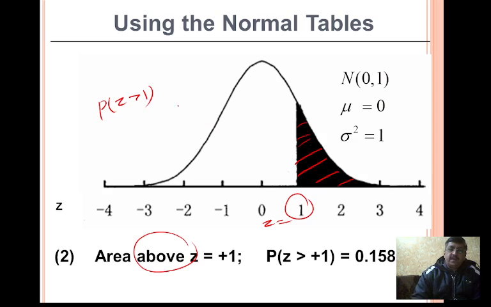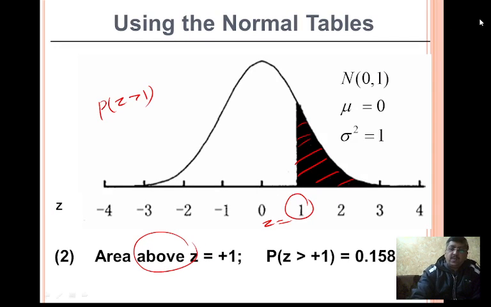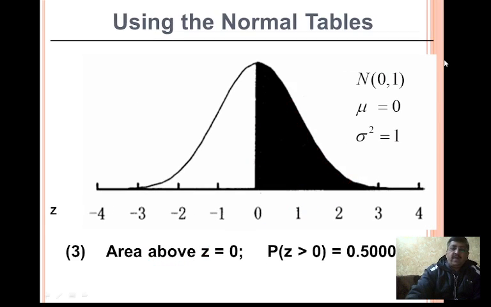So basically we have to integrate. How will we do this? We need to find the probability of z greater than 1. We need not integrate at all. We just have to use the normal table and you'll get the values. A couple more examples, then I'll show you how these values 0.1587 and 0.5 will come. Here it is very easy.